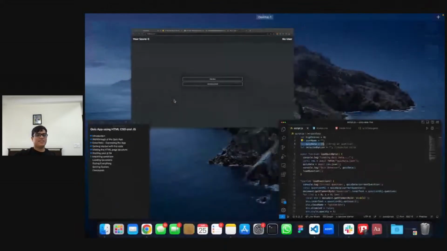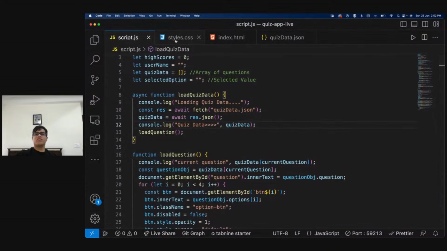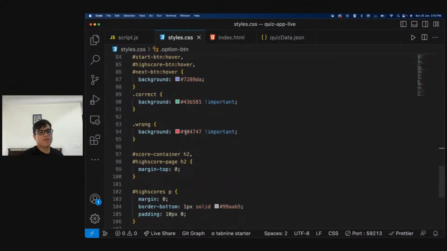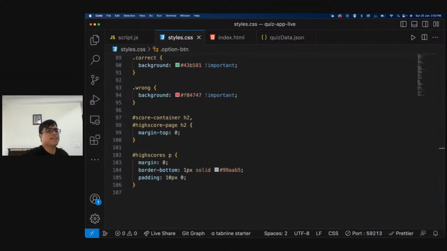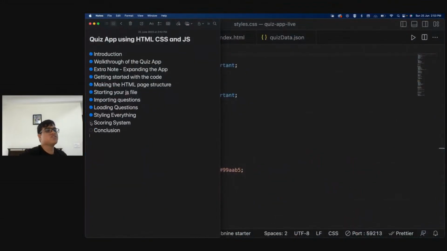Then what are the other things that we can do? Style everything better. You can add more animations. Today, like I said, I could not really go through the styling, but I believe that the HTML and the JS part was the most important. The styling you guys can figure out on your own, right? It's not something that is tough. Then apart from that, the scoring system. The scoring system is not the most efficient. I understand that there should be a high score, there should be a recent score, and all those things.